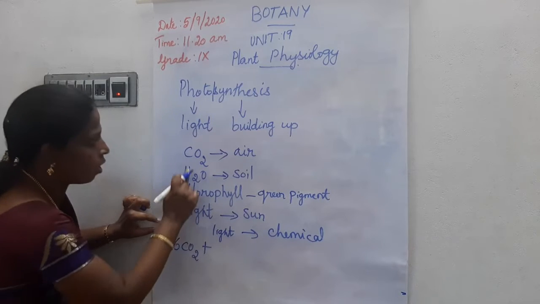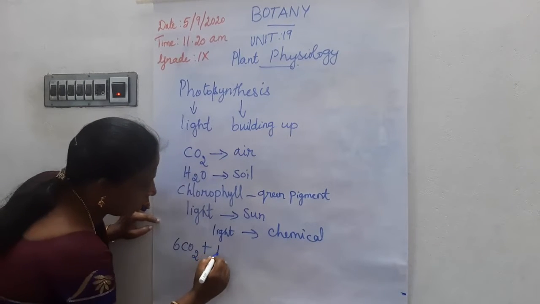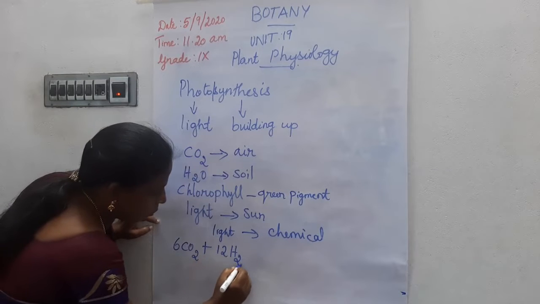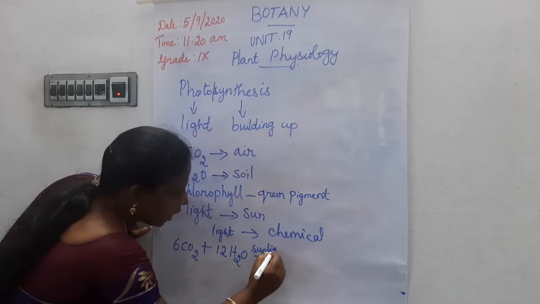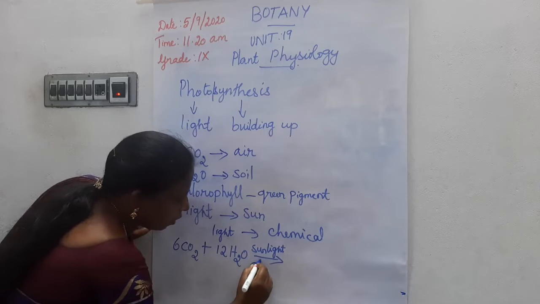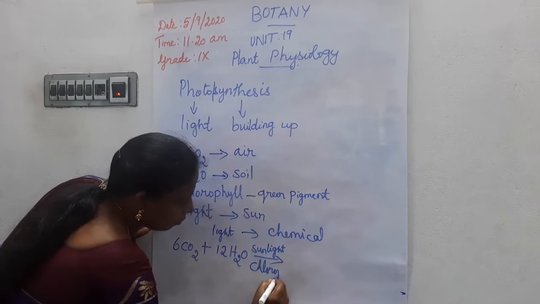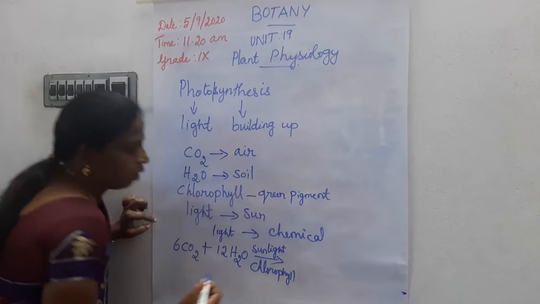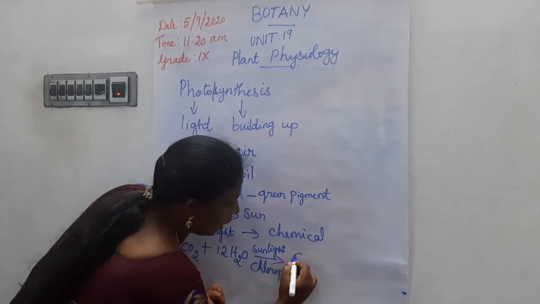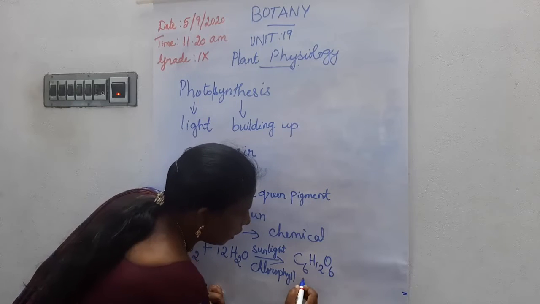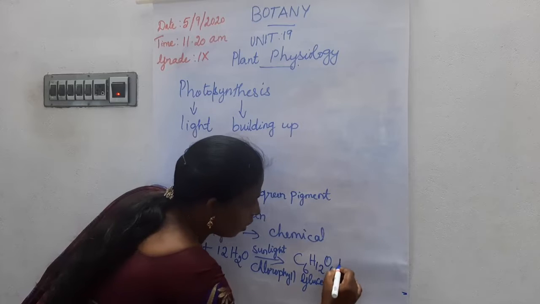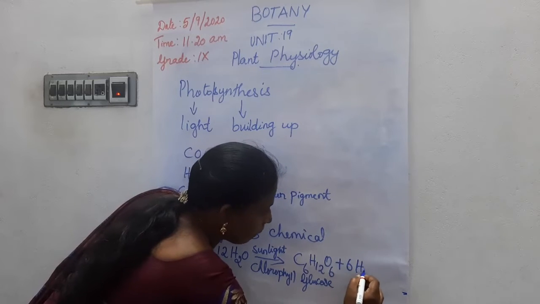So they are using carbon dioxide and water, 12H2O. In the presence of sunlight and chlorophyll they are preparing the food carbohydrate, that is C6H12O6, the molecular formula for glucose, and water,